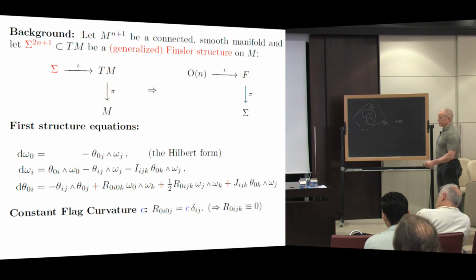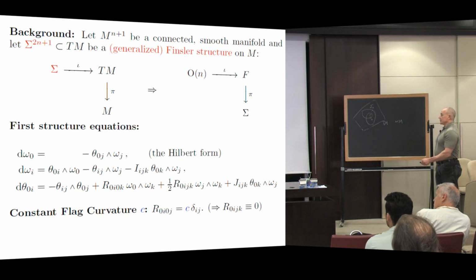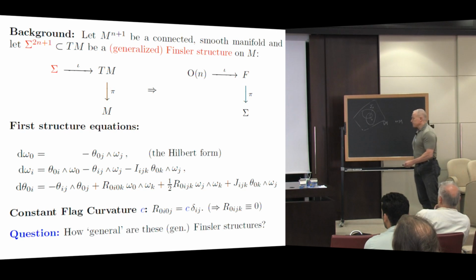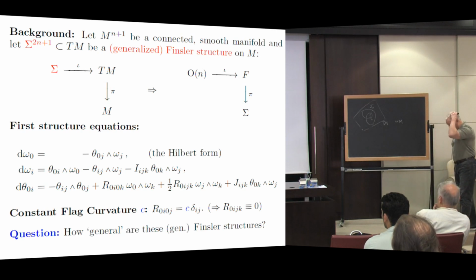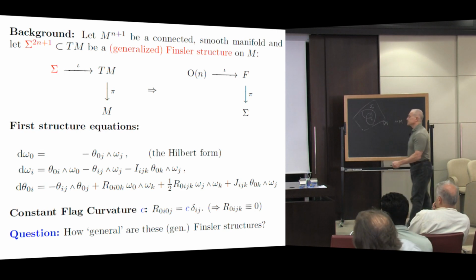which in the Riemannian case you would get, because of course in the Riemannian case, if you had constant flag curvature, that's exactly the same as saying constant sectional curvature, and then the Bianchi identities would get rid of those. But even without capital I and capital J being 0, these are forced to be 0 if the flag curvature is constant. And the fundamental question we want to discuss is how many solutions are there to these equations?